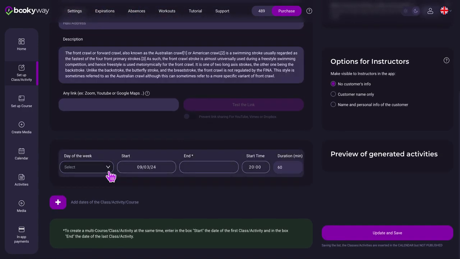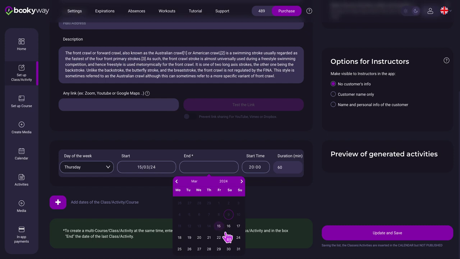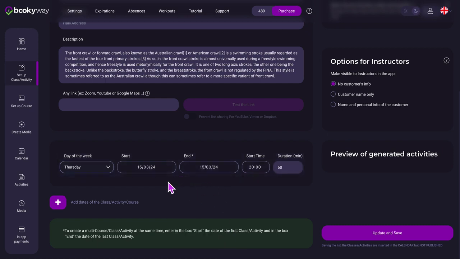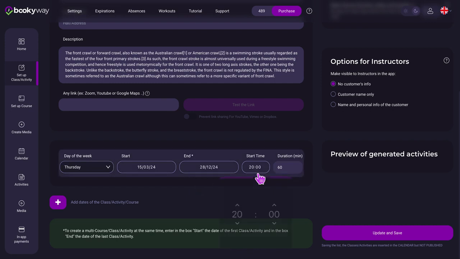This could be a single activity, for example, ranging from Thursday 15th to Thursday 15th. In this case, we will be preparing only a single activity, but the most common situation is to have to plan the activity for a long time. So, let's say, starting on the 15th, I can decide to schedule it until the end of the year. Let's suppose it's at 9 o'clock. And lasts 60 minutes. So I create all my swimming activities from March 15 until the end of the year